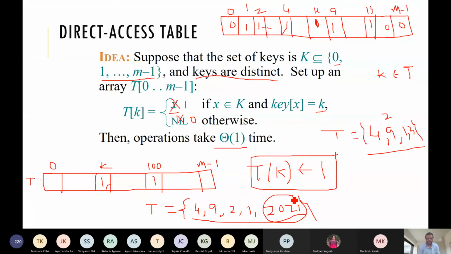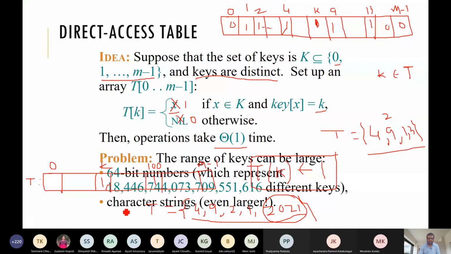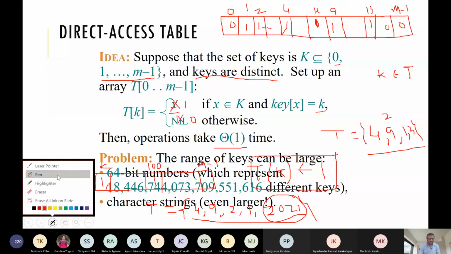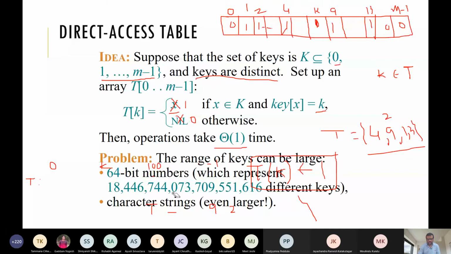Any question? Yeah. So that is the drawback. If our key size is bigger, then we have a problem with that. So to avoid that, what do we do? Let me just erase this part.